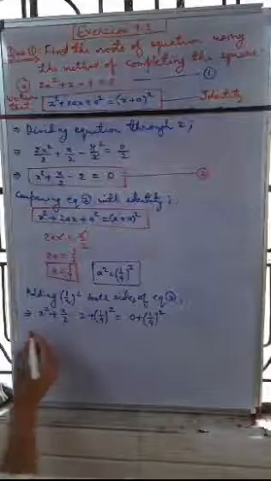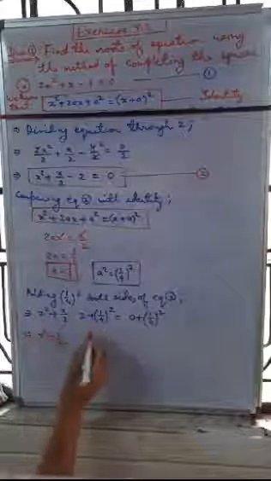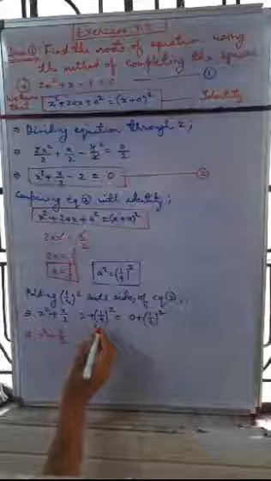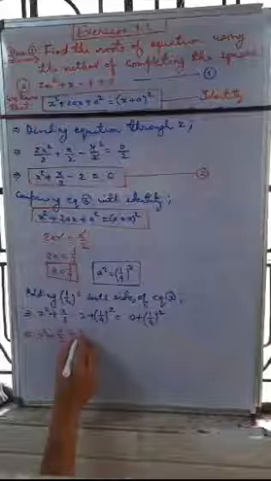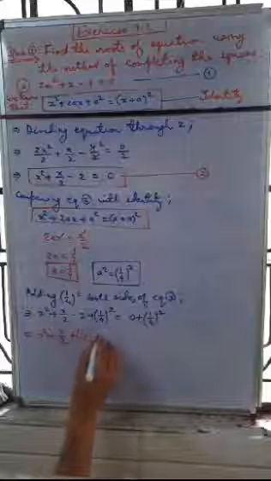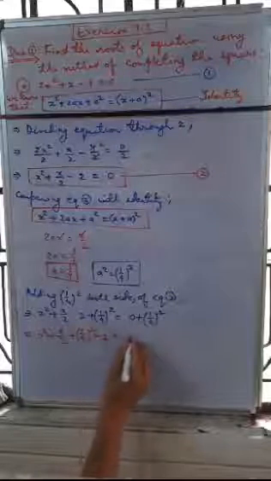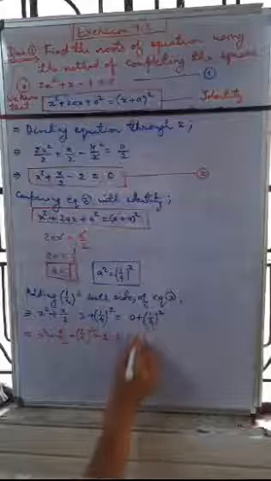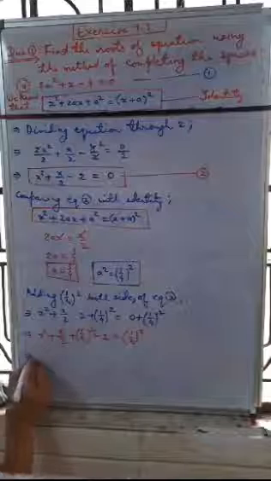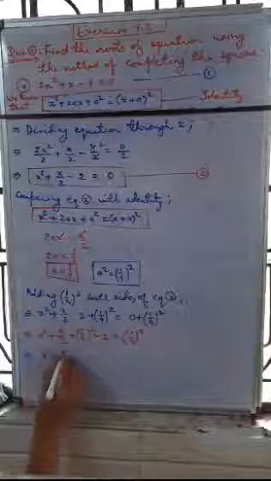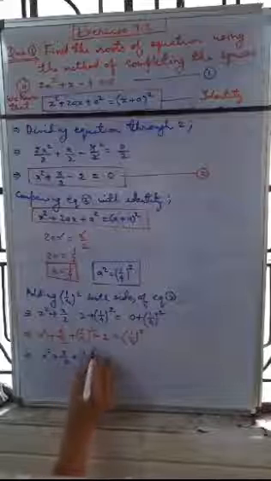So now x square plus x by 2. Now a little bit of arrangement we can do here. So we can add 1 by 4 whole square, and minus 2 will be transferred here. So 0 plus 1 by 4, 1 by 4 whole square. In the next step, x square plus x by 2 plus 1 by 4 whole square.